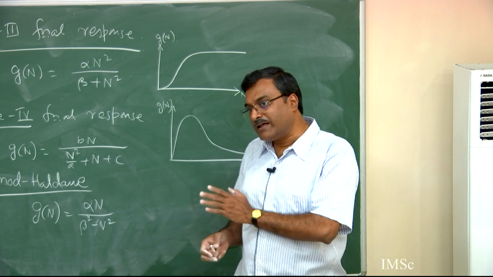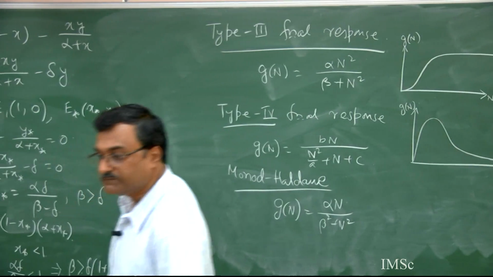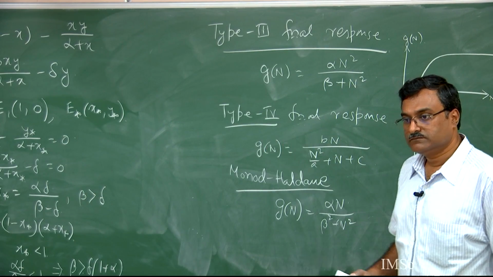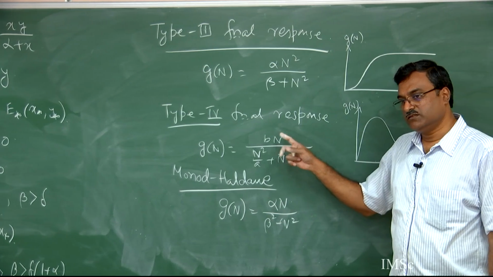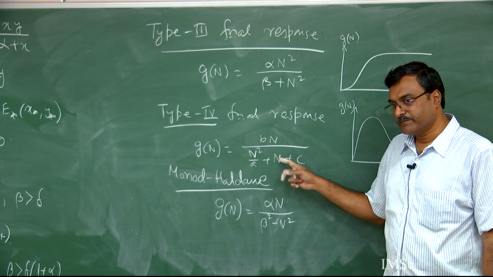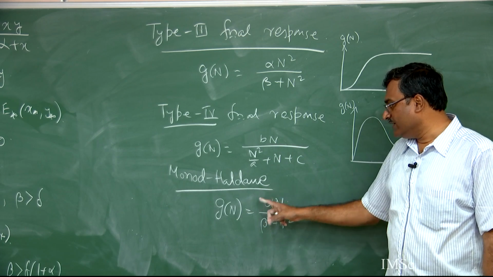And there are some other types of functional responses. One such, the type 4 functional response, is not widely used because, so far as I have studied, people stop with the type 3 functional response. So why this type 4 functional response? There is a series of papers by Ulkovich and his collaborators, and the Monod type functional response is also used in the case of some